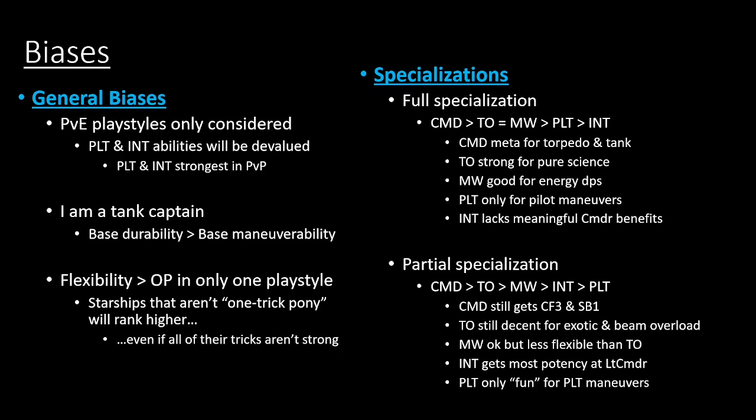Temporal is flexible for all playstyles. However, Commander Miracle Worker is still really, really strong as well. Science doesn't necessarily get many of the good abilities in Miracle Worker versus energy-based builds and kinetic-based builds, but an extra clicky console in an exotic build is still valuable. So there's nothing wrong there in my opinion. And then from there, I value pilot over intel for full specialization, just because pilot at least gets pilot maneuvers